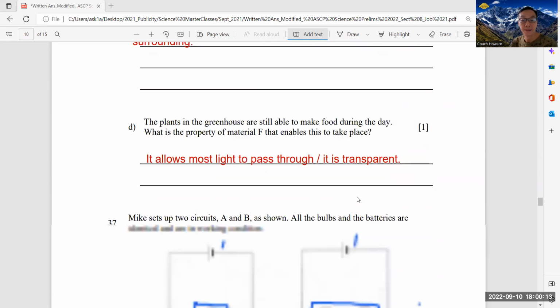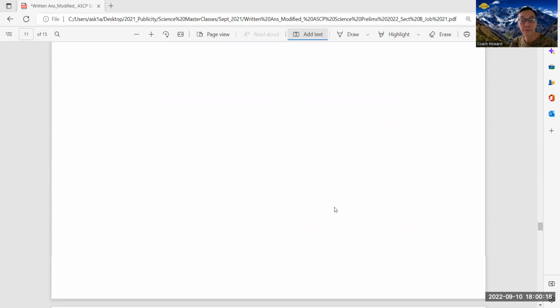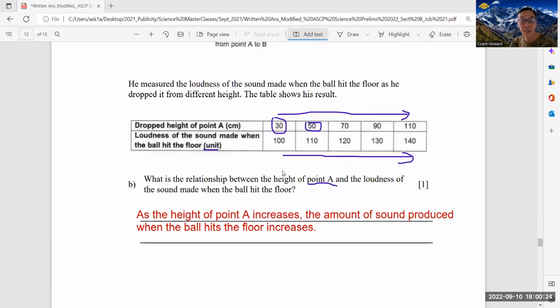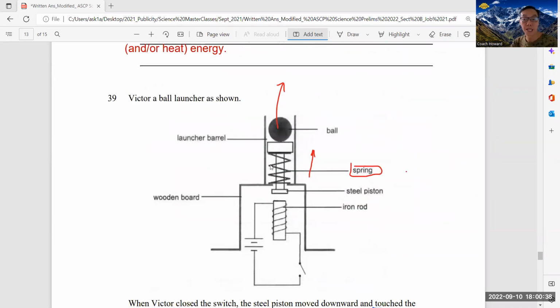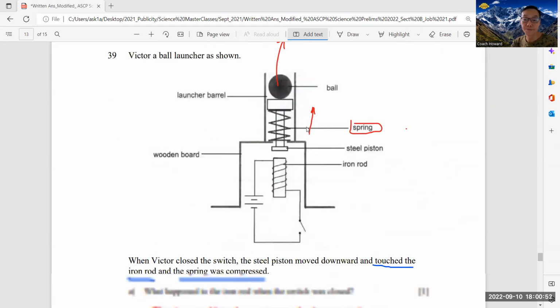And yeah, these are drawings also, circuit diagram, and also this conversion of energy. Seeing the pattern, you can annotate, because this increased by every 20 centimeters, the loudness increased by every 10 units. So you can see the pattern as you annotate. This will help you mentally prepare your answers, and as well as this. Especially when the switch is closed, so you close it, this is magnetized, steel piston moves down, spring being compressed. When you open the switch, demagnetize, spring recoils, fires the ball upwards. Okay,